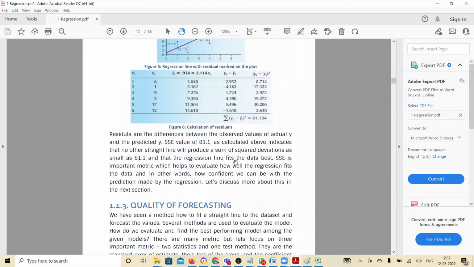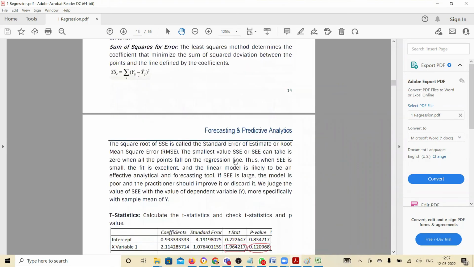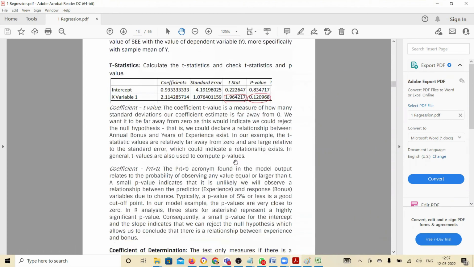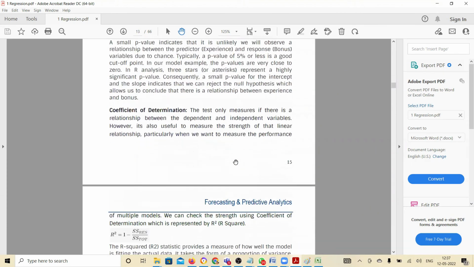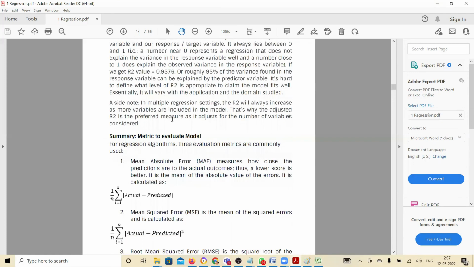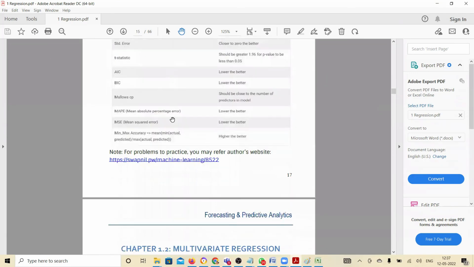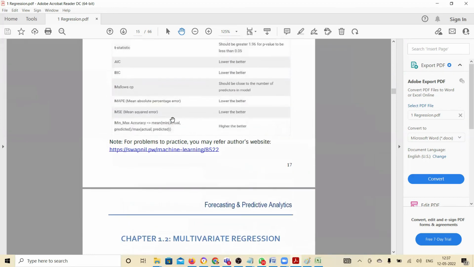So you look at the quality of forecasting. You have standard error, t statistics, p-value, and R square, which is also called the coefficient of determination. These are other metrics that we can use. With this we end our